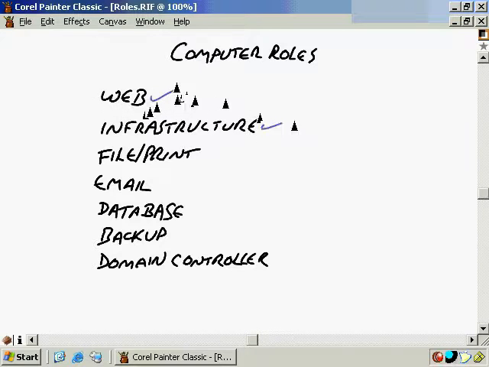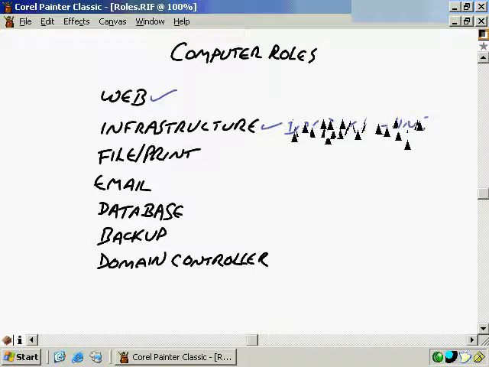And then there are infrastructure servers. And these provide a different kind of service. They're a little bit more general. You can use DNS, DHCP, WINS, all those different kinds of services can be used on what we call an infrastructure server. And of course, it's not limited to these roles. You might also use it as an RAS server, some other kinds of functionality. But generally speaking, these kinds of servers still need somewhat high capability in terms of handling a number of client